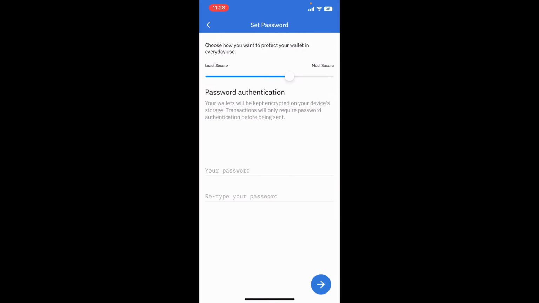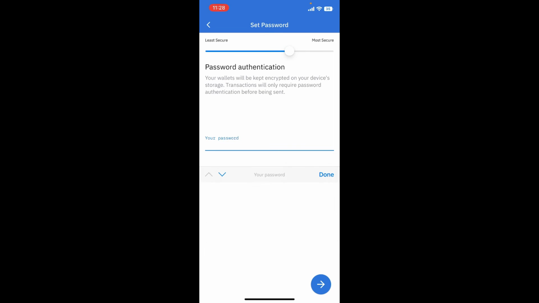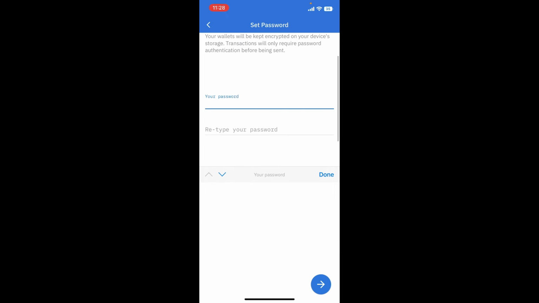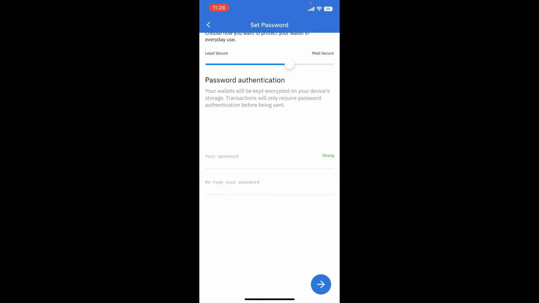the bottom right, and on the next page, set a new password for your wallet. Every time you log into your account, you'll need to set up a new password for your wallet, so go ahead and type in your password and retype in your password again in the next field. After you are done filling in the details, tap the arrow pointing towards the right hand side at the bottom